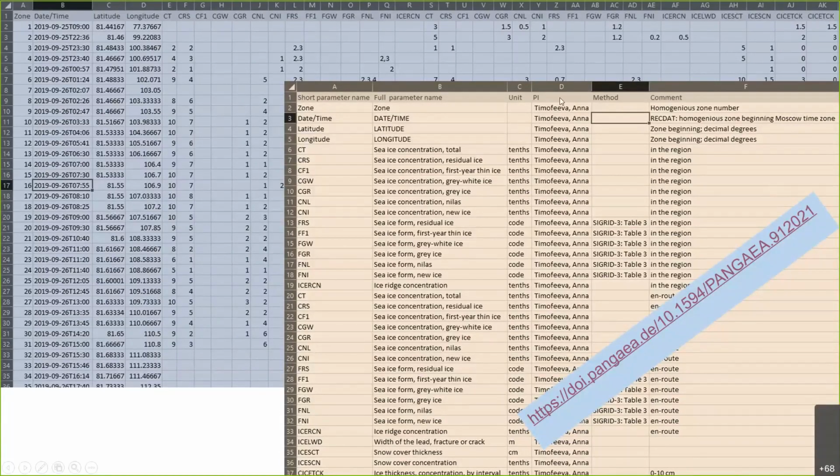So each of the parameters can have its own PI. So if some of the parameters were measured by one person and others by another person, who should be contacted in case of questions, this is possible.